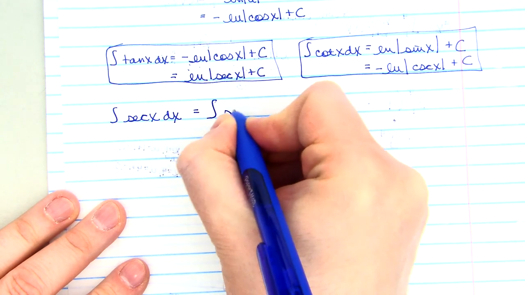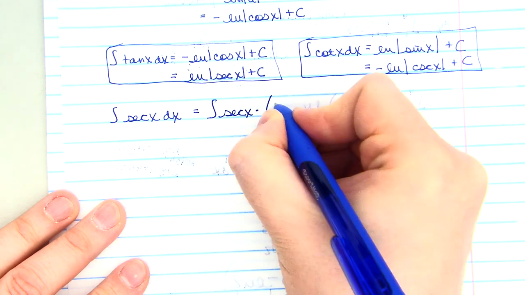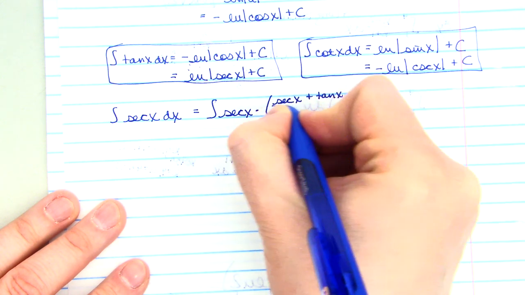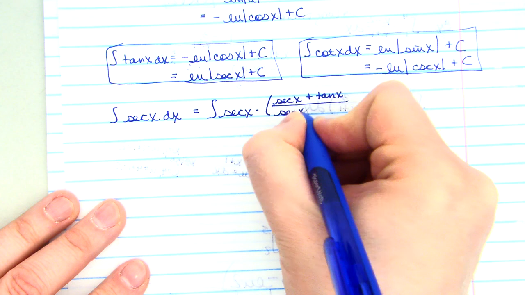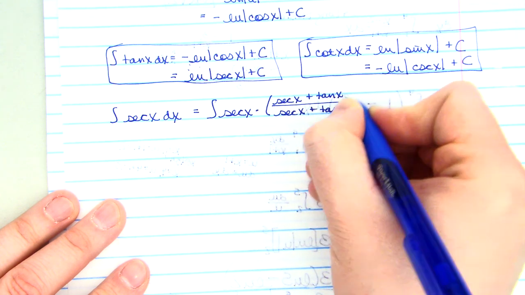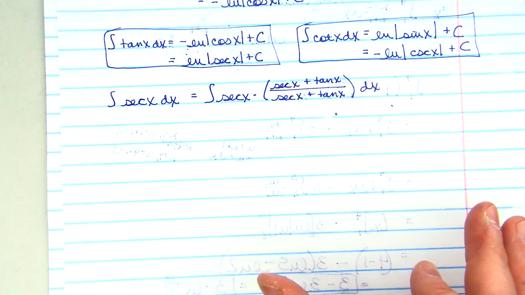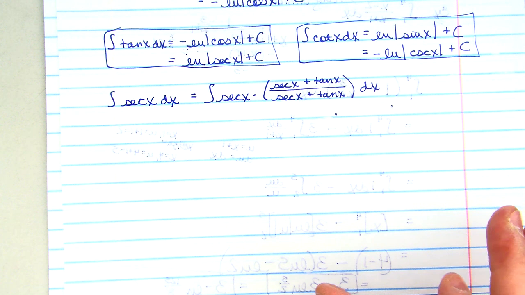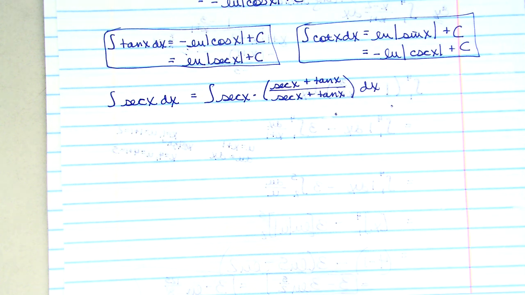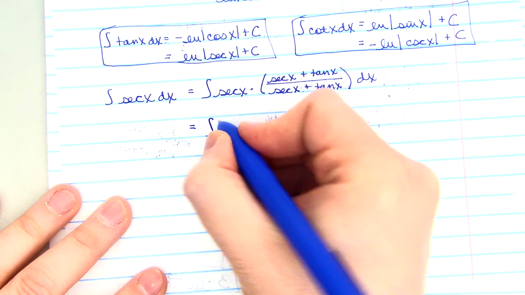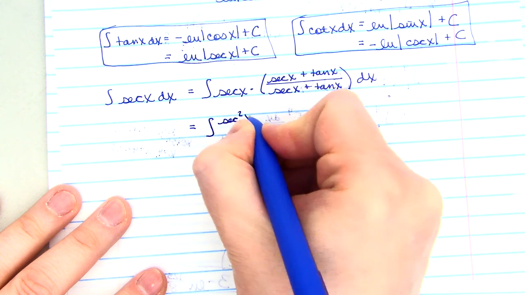I can say that this is the integral of the secant of x times, I'm going to multiply this by the secant of x plus the tangent of x over the secant of x plus the tangent of x dx. Forget asking why this is important. Do you see why I'm allowed to do that? Always allowed to multiply by 1, even if it's variable things, whatever. This doesn't look any better. Take a moment, distribute the secant x to the numerator. This becomes the integral of secant x times secant x, so secant squared x,